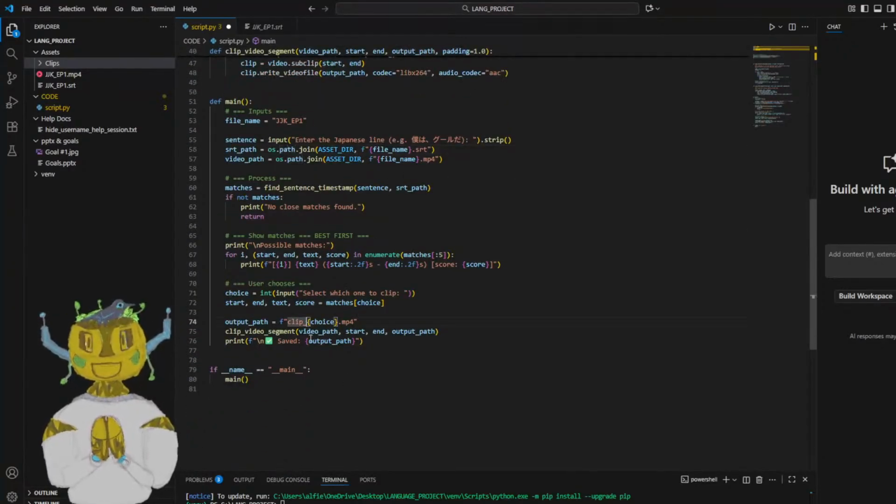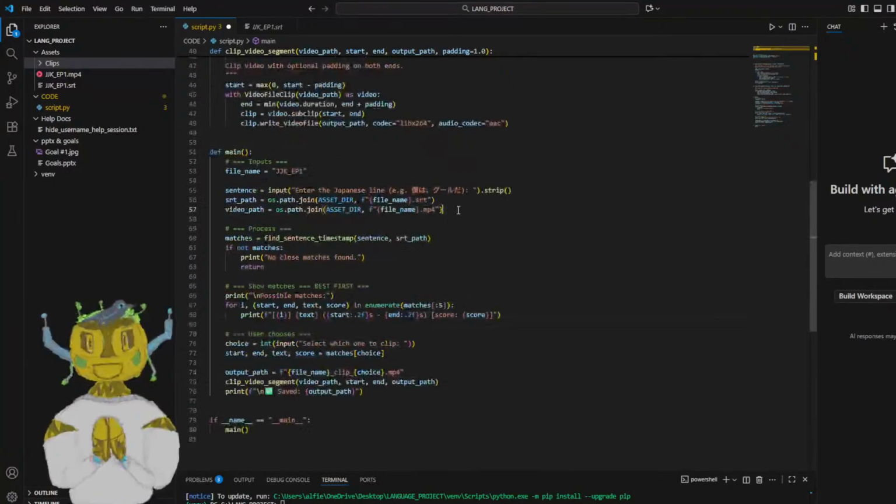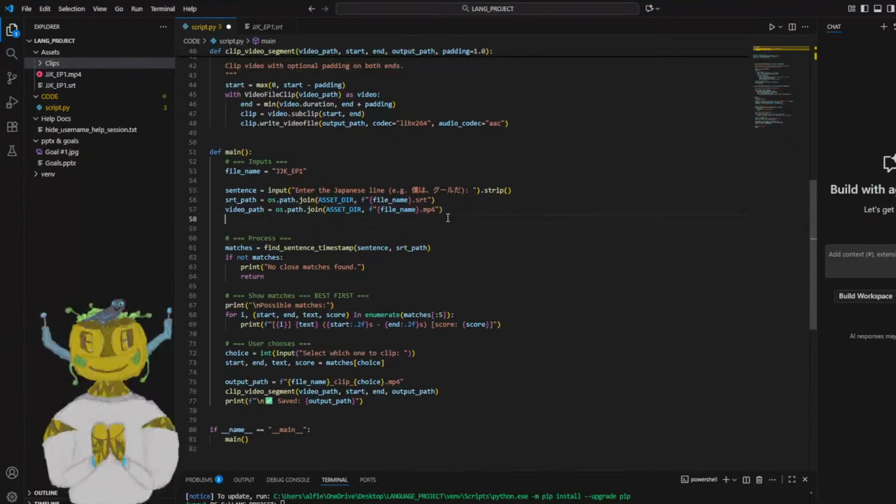And then here we can do our file name, and then we can do an underscore clip1. So it's going to be file name clip1 into there. We can save it into our output path, which we're going to now design right here. Output path equals